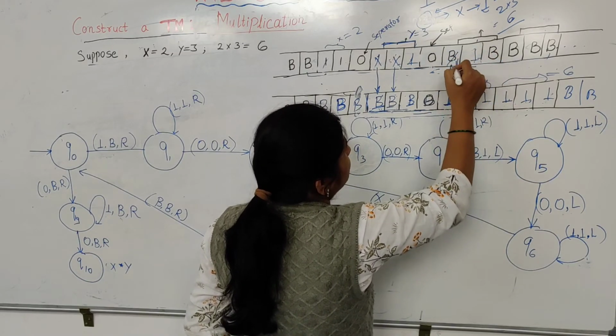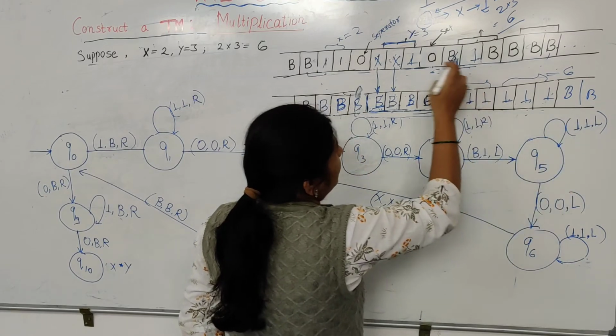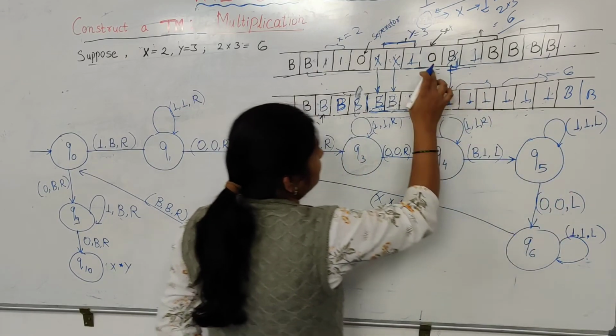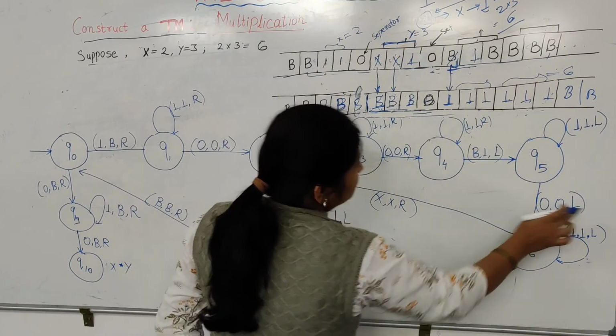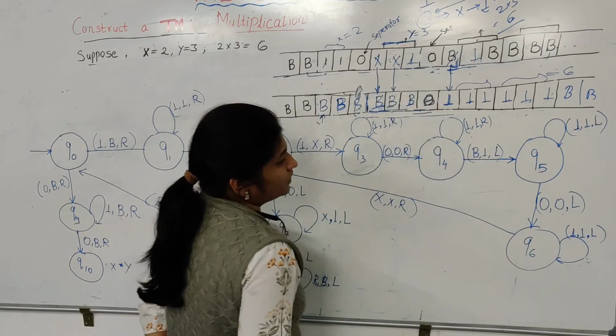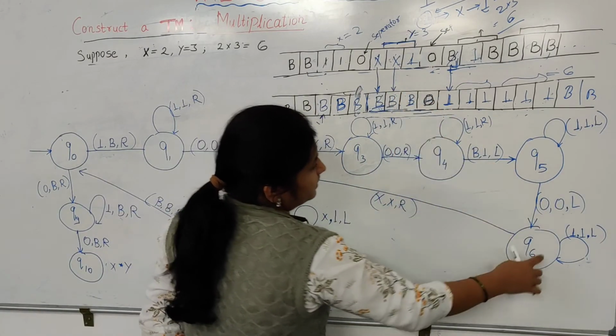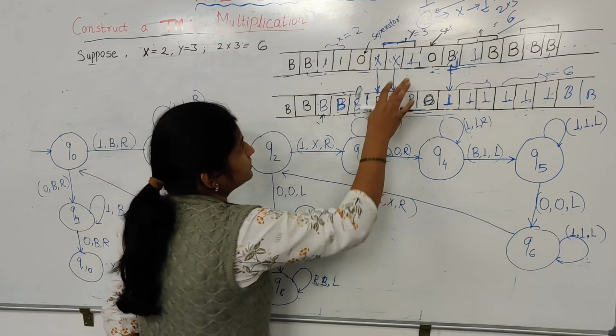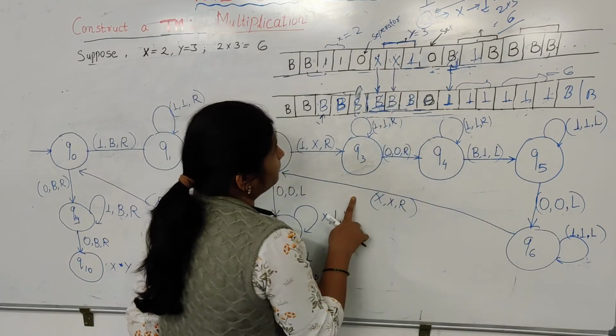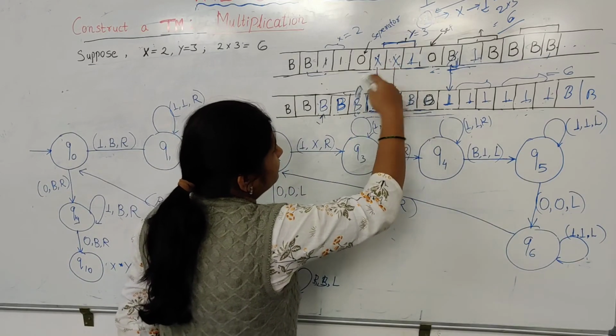any number of 1, so we will keep this 1 as it is, and if we see the 0, then we will keep it as it is. We will move towards the left direction. We had moved towards the left direction. Now if we see the 1, we have to keep it as it is. After this, when we encounter the x, we will move towards it.